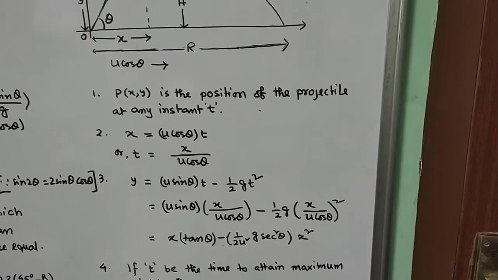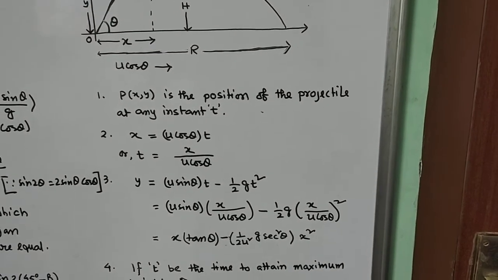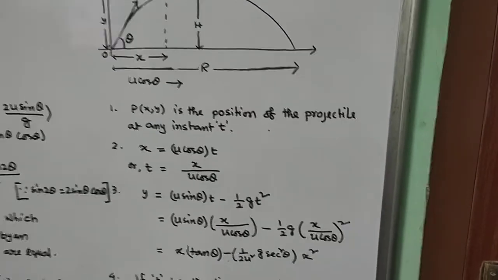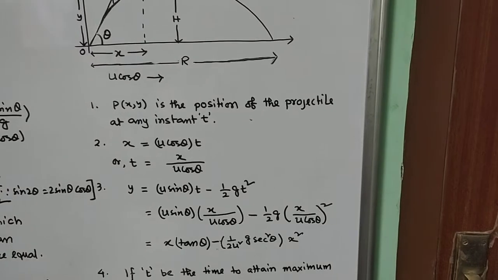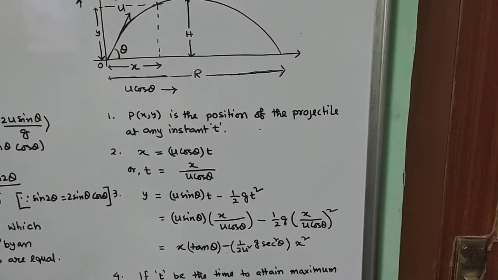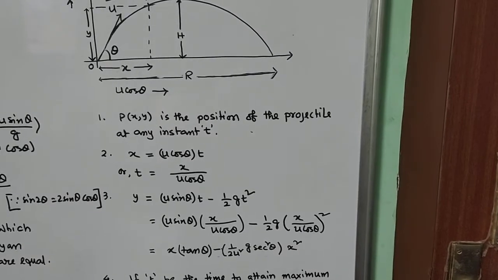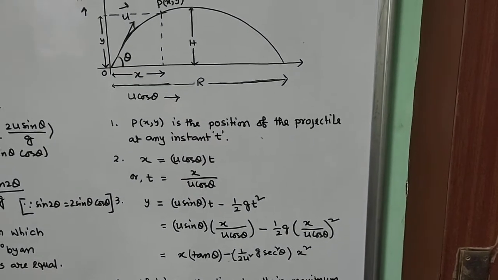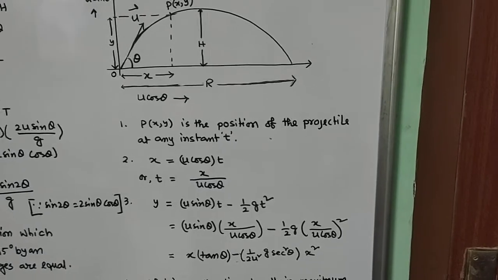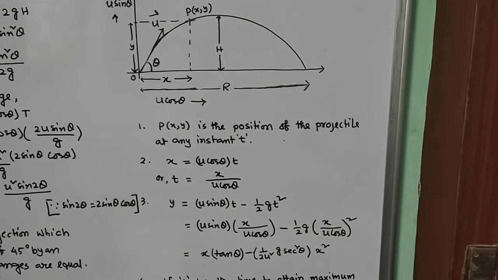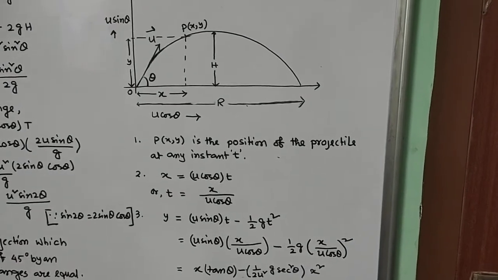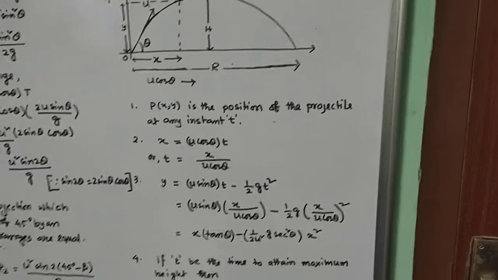Sometimes in the exam it is asked to define the equation of the path. So you have to define it like this. In the exam, you are supposed to minimize the statement, but give more emphasis on the expression, because marks are less. If you waste time in writing the statement, then no marks will get awarded. Rather, you have to concentrate on the expression. That's why in the topic here, we have concentrated on the expression rather than on the statement.